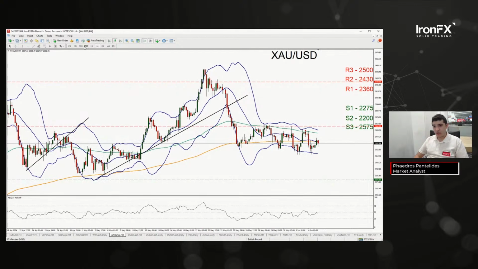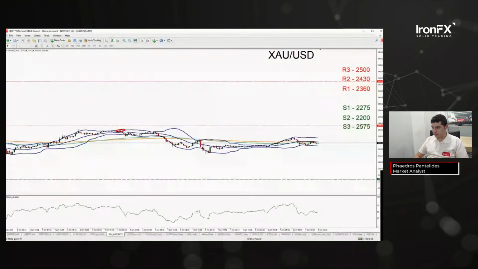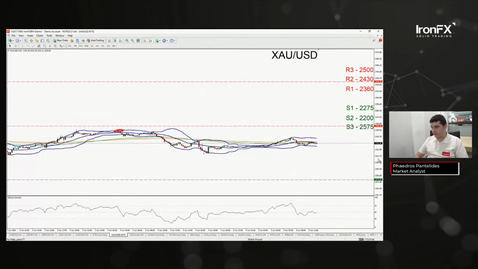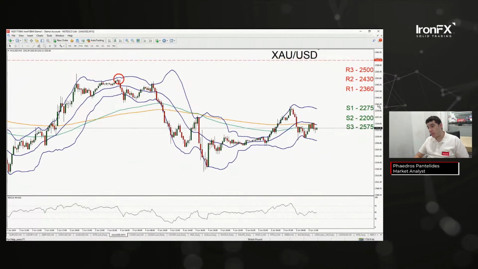Now, I would also like to look at gold once again. If we take the 15-minute time frame, we can place some temporary support and resistance levels. Now, this is not for a more macro view, simply perhaps for the day. Make this a little bit more interesting. So this would be my S1 level,